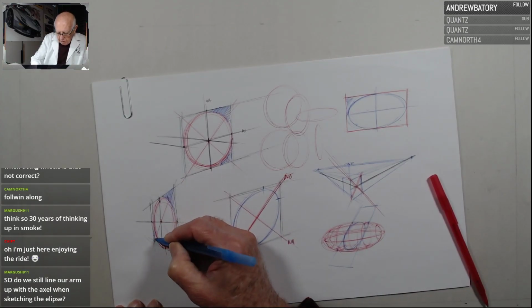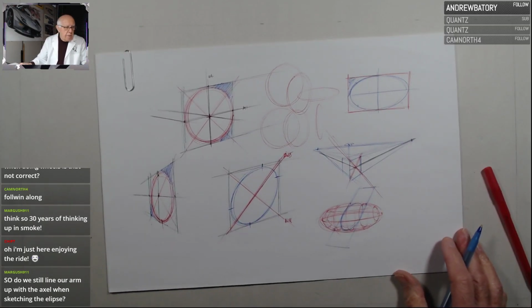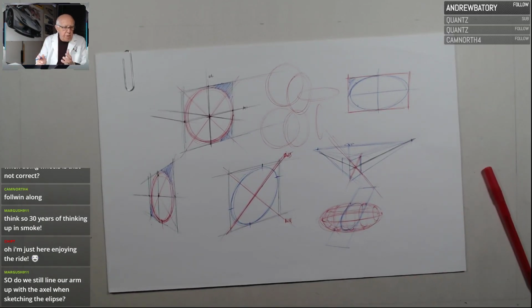And look at the amount of space here. Look at the difference in scale here. Amazing. That's what gives you the illusion of depth. That's what's really interesting. So, do we still line our arm up with the axle when sketching the, yep, not